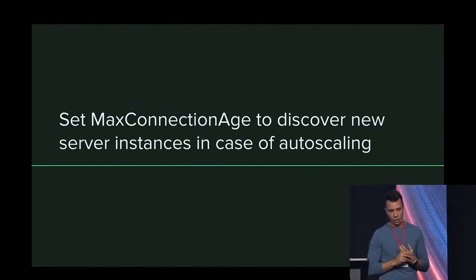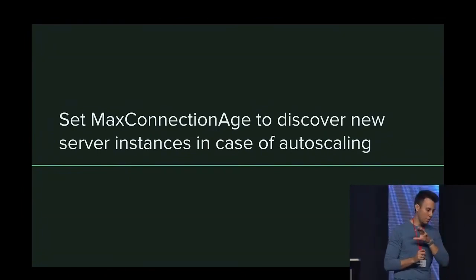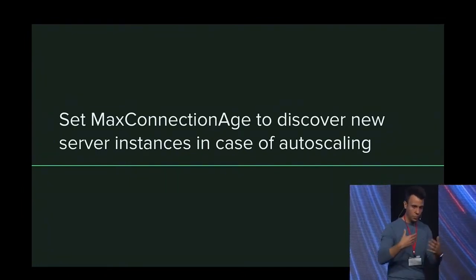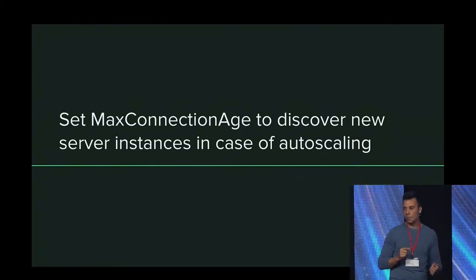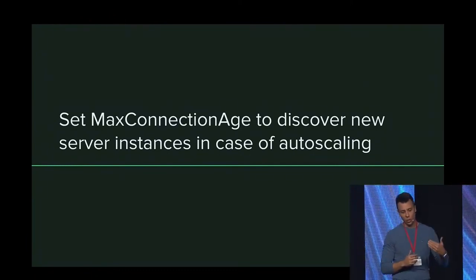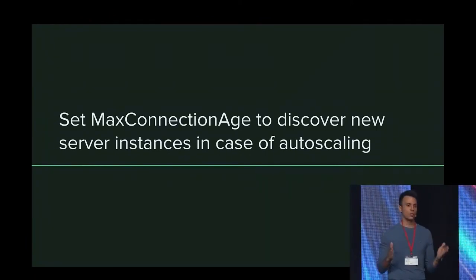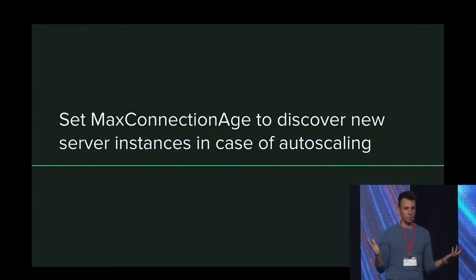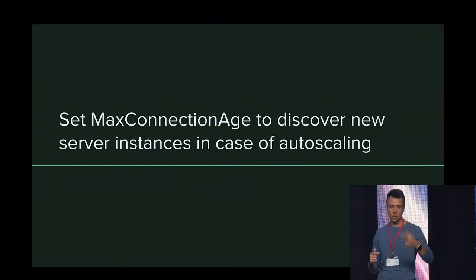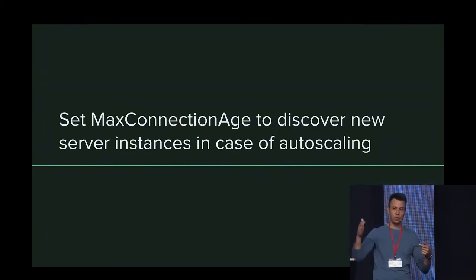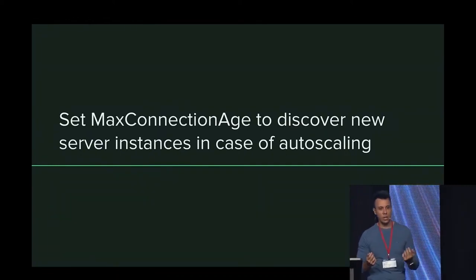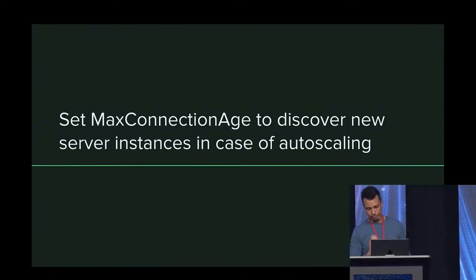So setting this max connection age, and this is not service config now, this is a configuration on the server, so this is part of the exchange between the client and the server, the settings handshake that I mentioned. This would inform the server that we'll make sure that no connection lives more than 5 minutes, for example. And if you do that, this will essentially cause the client, when this connection is gracefully shut down by the server, when this timeout is up, the client will see the go away and say, it's a graceful shutdown, I should check out what's going on in the DNS and discover the new IP.